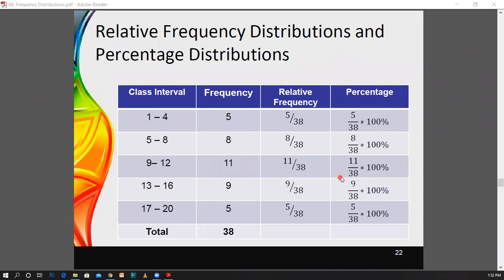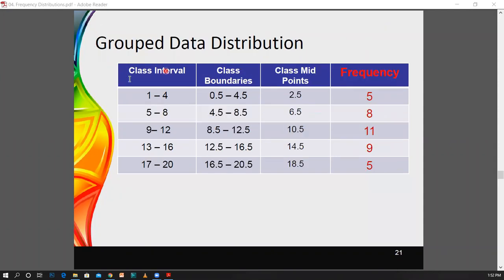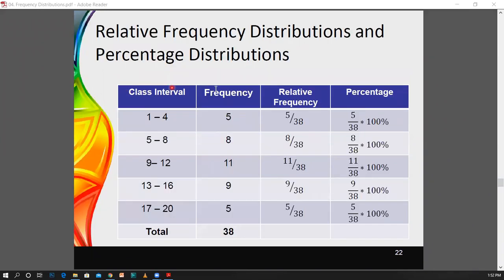And once we have the group data distribution, normally we can calculate the relative frequency distribution and the percentage distribution for a group data distribution. If you are going to identify the relative frequency, you have to divide the frequency by the total number of values. As an example, this is the class interval we have, and this is the frequency distribution that we obtained at the previous stage. These are the two columns I have considered: class interval and the frequency column were taken for these first two columns.